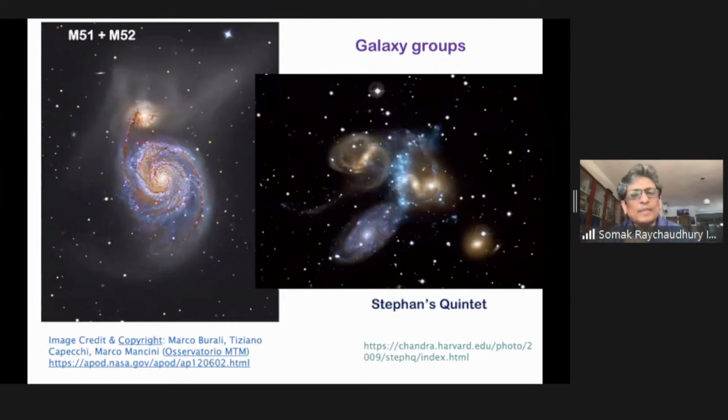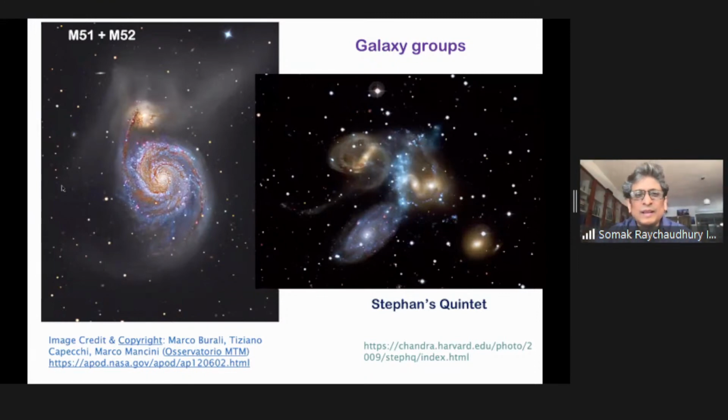Now, examples of nearby galaxy groups are like this. And this also shows the scale of interaction. You can see these are nearby galaxies. This is very nearby, about 5 megaparsecs away. Like that, our galaxy, our local group is about a megaparsec in size. A few megaparsecs away, you have this system of